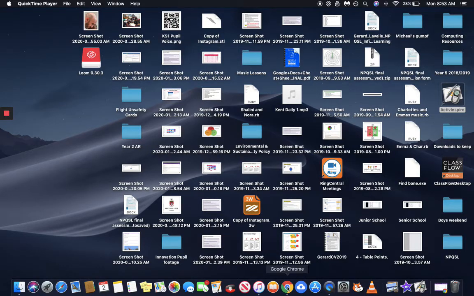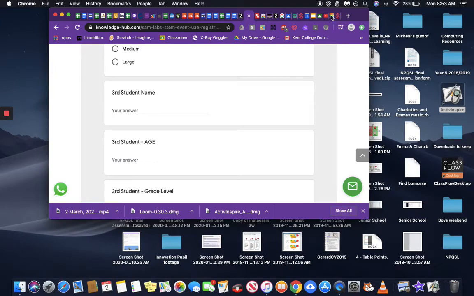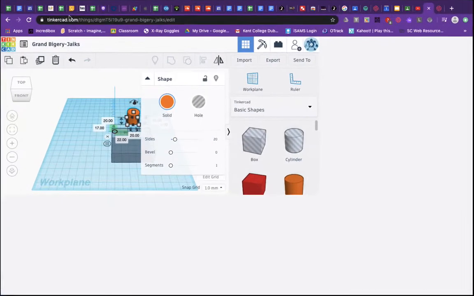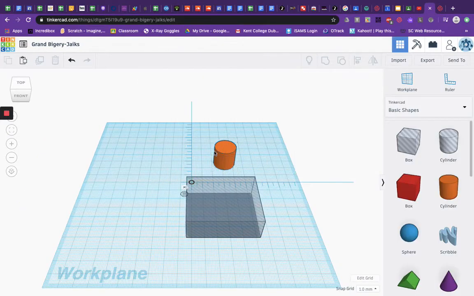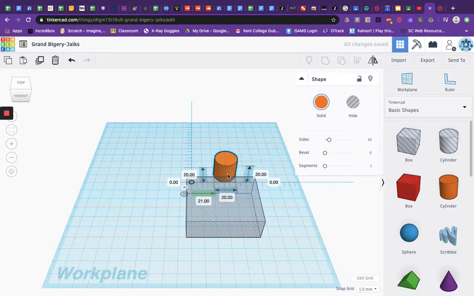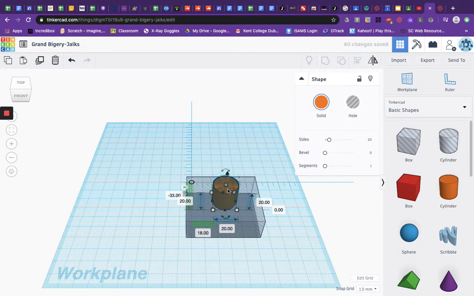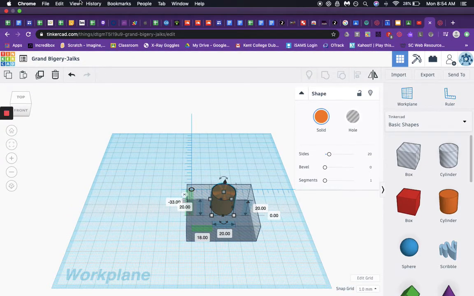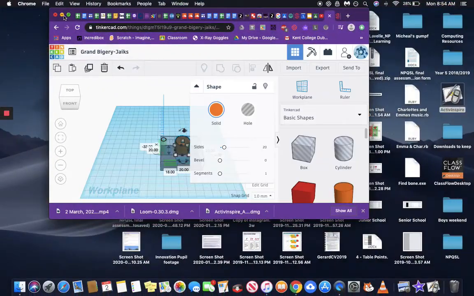So, for example, if you wanted to take children through a piece of online work, which I was just doing here on Tinkercad, for example, click on there, I can just talk them through what I want them to do. So I want them to move such and such X into Y, or I want them to create whatever it is. And it records, as I said, what I'm doing on my screen, but it's also recording my voice. So what this does is it avoids any misconceptions. You can talk through every single thing that you want children to produce or do. Okay, so when you're happy, when you've produced everything that you wanted to and explained everything,